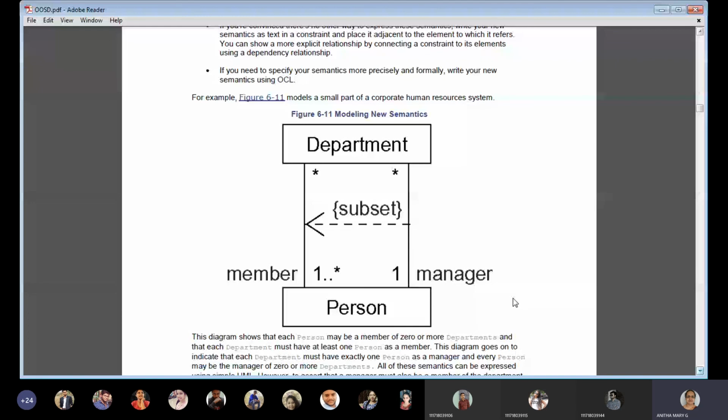In that we learnt about department and a person. One or many persons belong to many departments, and among many persons, one person is the manager in many departments. One person is the HOD in a department.